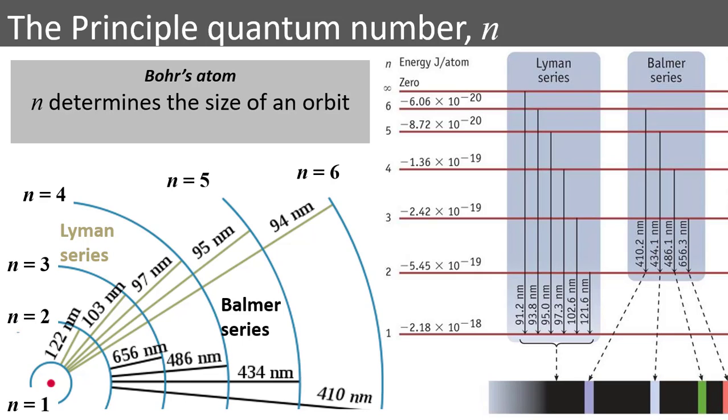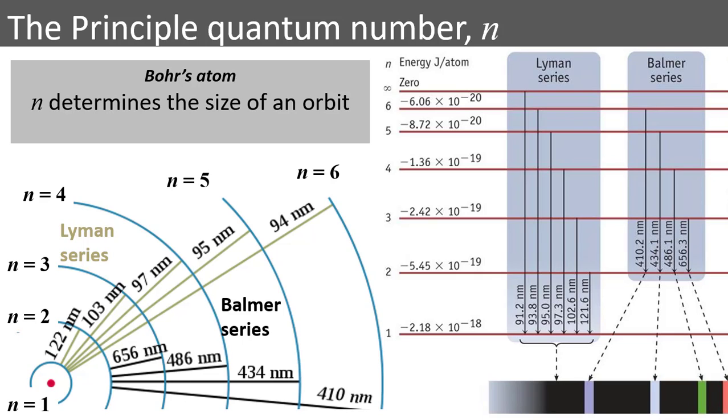Bohr assigned a value to n for each of his different orbits, with n equal to 1 being the orbit that is closest to the nucleus,